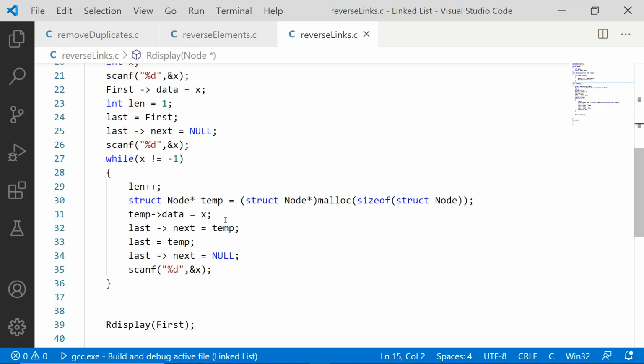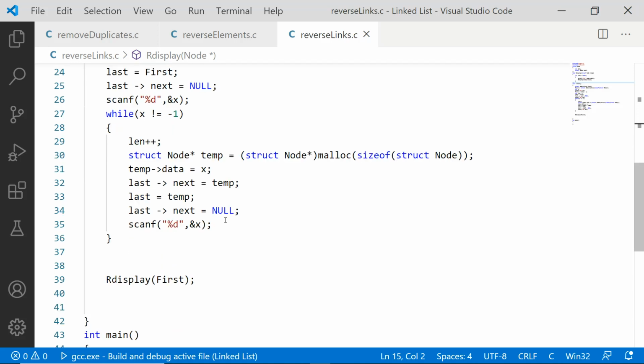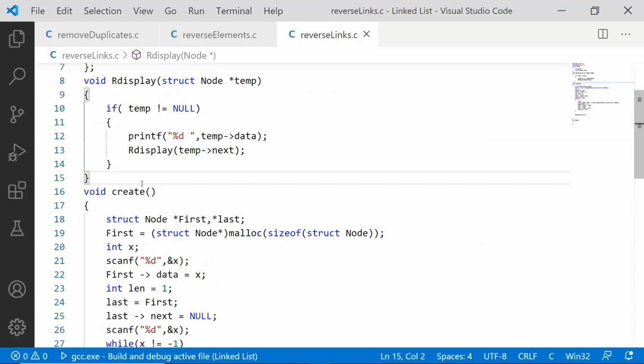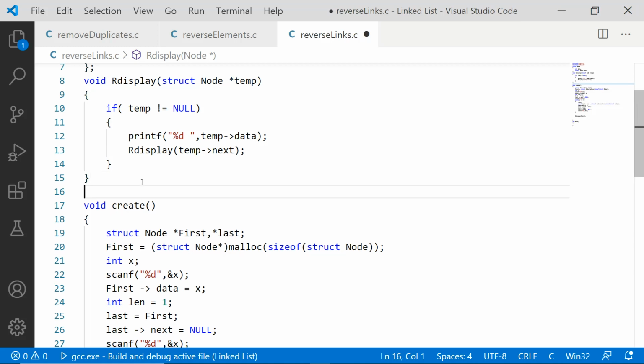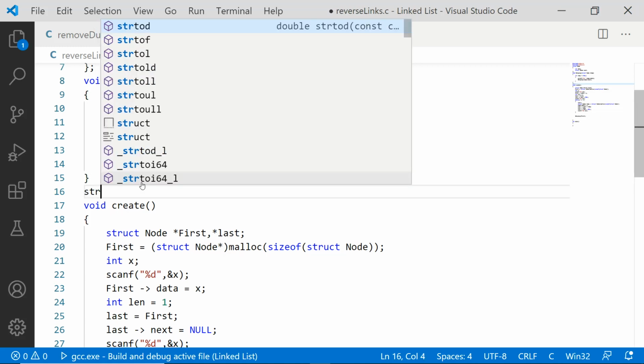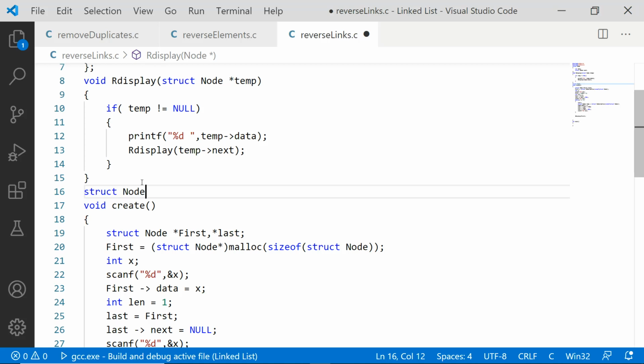Now we will write a function for reversing links. The return type is going to be struct node star, because the first node is going to change after the reversing process. To return the address of the new first node, we place the return type as struct node pointer.